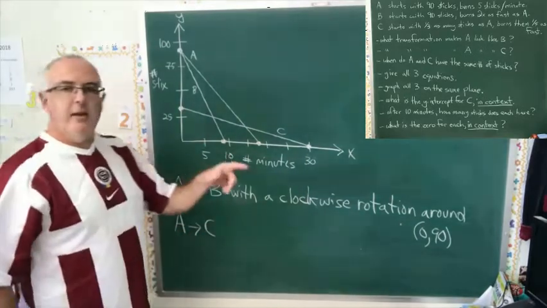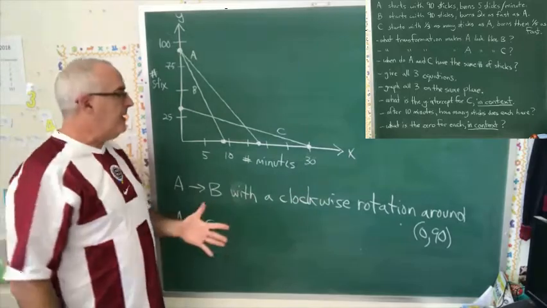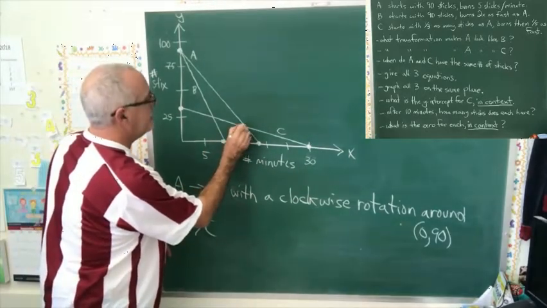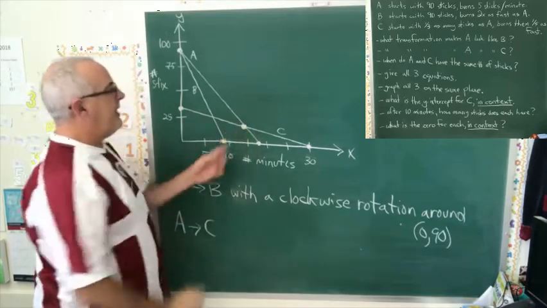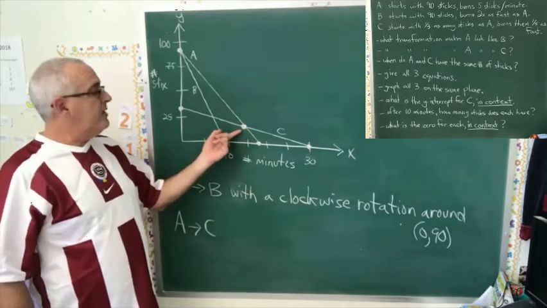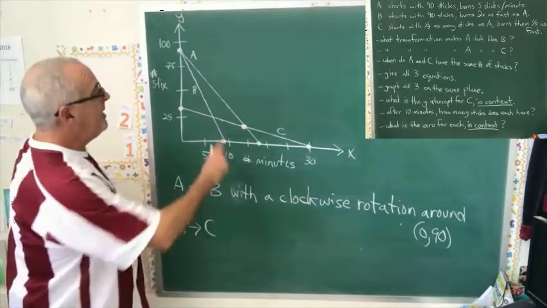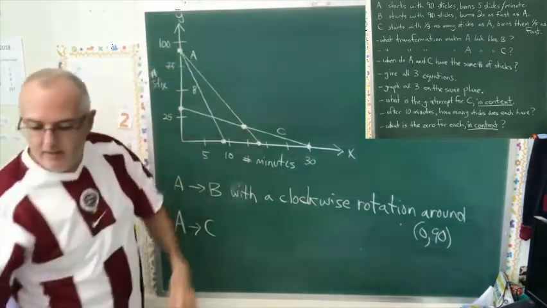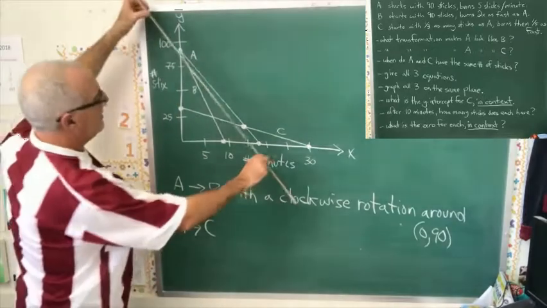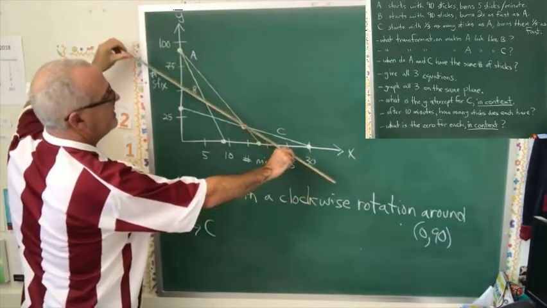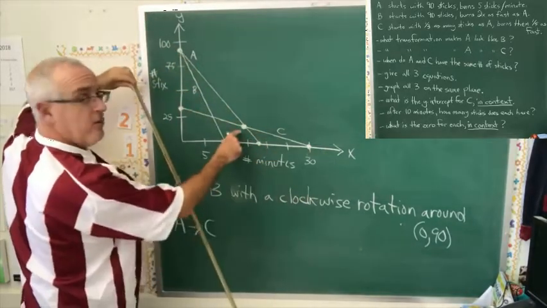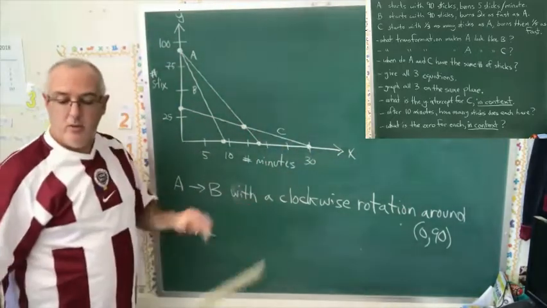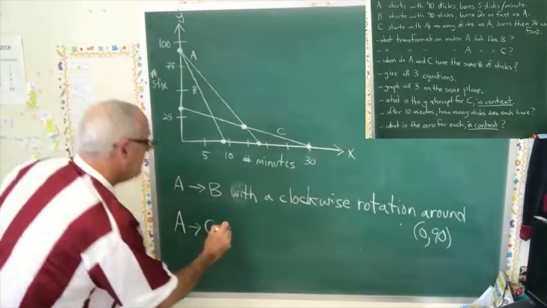Now, I haven't done the comparison part of this problem yet. Comparison will find this point of intersection between A and C. And that is also the point around which another rotation is happening. A will turn into C if all of A, here I'll use my meter stick to show it, if A twirls this way around that point, the point of intersection. And this way is this time counterclockwise. So the answer is,